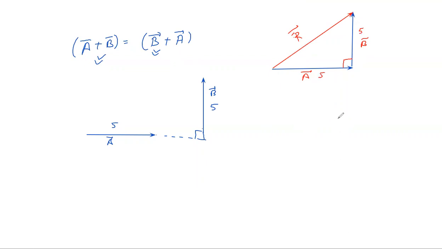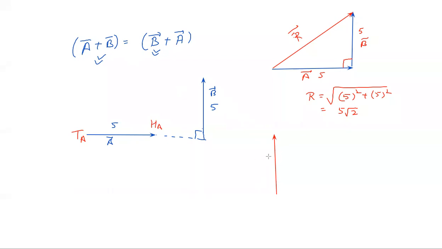So in a right angle triangle, if we want to calculate the hypotenuse, R vector equals the square root of perpendicular square plus base square. So this answer is 5 root 2. Now we want to calculate B vector plus A vector. So first of all we draw B vector. B vector is in this direction. Now we coincide the tail of A to the head of B.